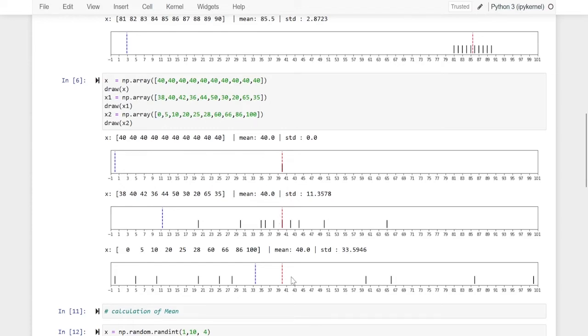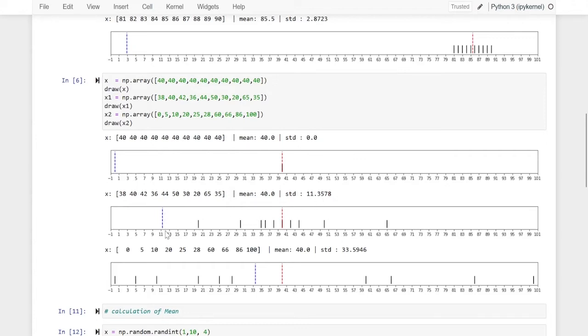It got 40. So 40, 40, 40. So no matter what the numbers are, mean is not changing its position. It remains at the same location. But what about standard deviation? Here it is 0 for this data set. For this data set,